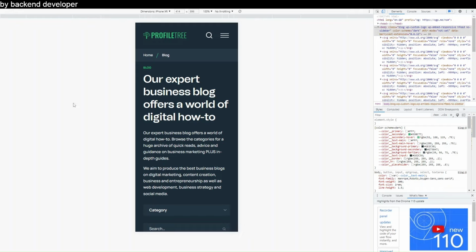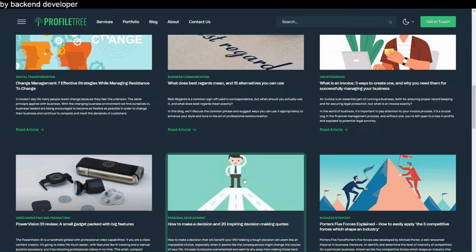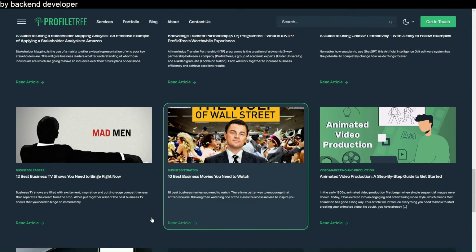One way to check that your website is responsive is using the inspect element tool. So once you have the website on the front end built out, what you can do is just right click